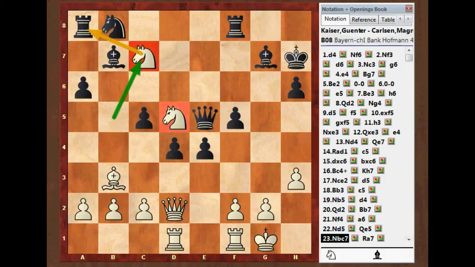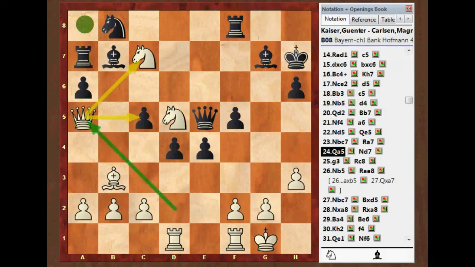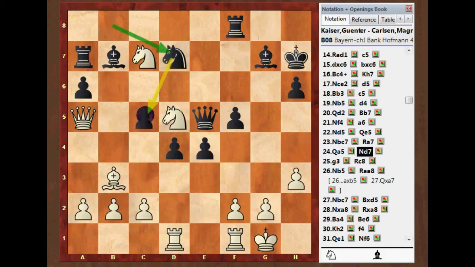and Carlsen moves this rook into a7 square, and now Guenter brings his queen into the game and puts it as a support for the knight in c7 square, and it's also attacking the pawn in c5 square. Now Guenter tucks his knight into d7 square. It is acting as a defender for this pawn here, and